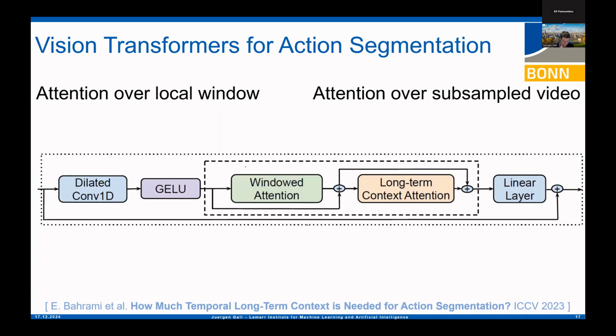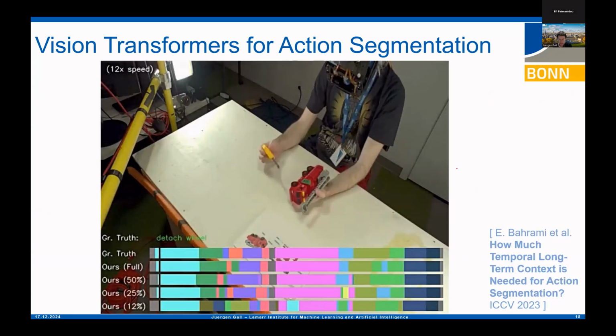So at the end, you have the local temporal window context, then you apply the long-term context, and this is then iterated. You always iterate between update, global context, and local context with full temporal resolution. And as we show in the paper, this really improves the accuracy for the temporal action segmentation part. So this is also some kind of result.